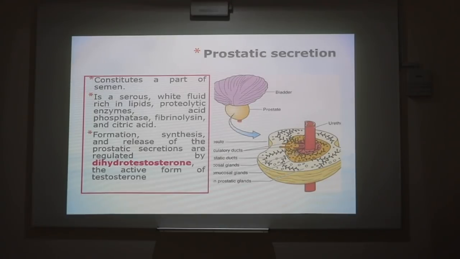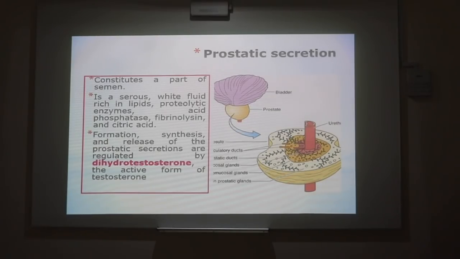So one of the drugs which is given to patients with benign prostatic hyperplasia is 5-alpha reductase inhibitor, so that you do not convert the testosterone to dihydrotestosterone, and that will result in decrease in the size of the glands in the prostate gland, and that will also